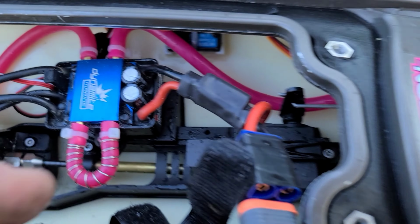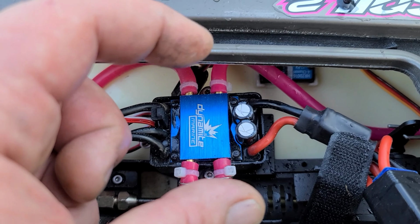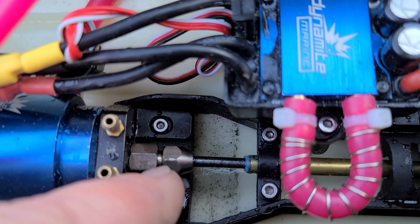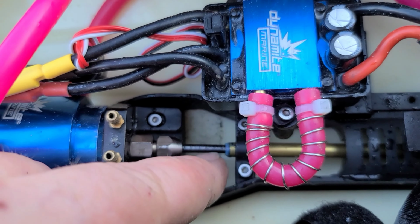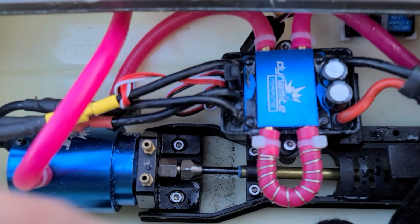Stock hardware, like I said. The ESC actually screwed right into the stock post, okay? I actually had to put one screw in and make it fit, but it fits, okay? I've got a longer collet, so I don't have such a big gap on my cable right here. That's why I was kind of taking it easy with this 6S pack